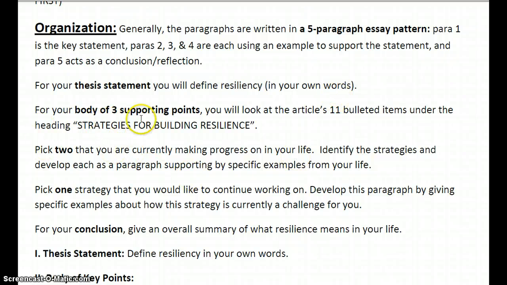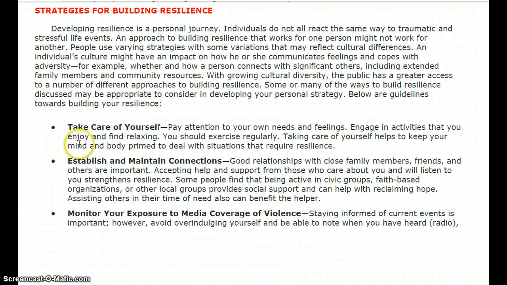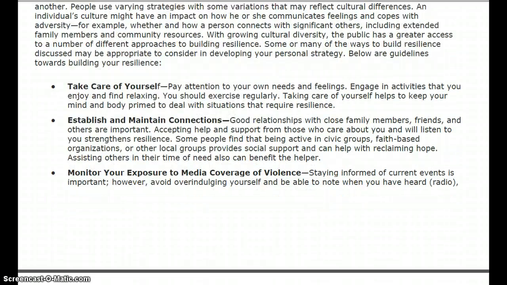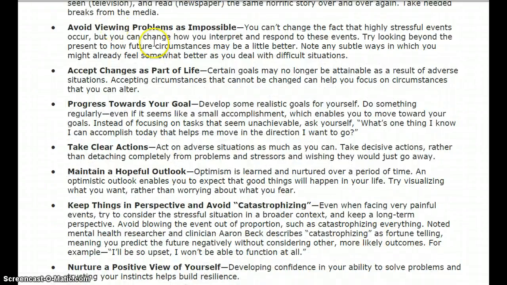For your body of 3 supporting points, you will look at the article's 11 bulleted items under the heading Strategies for Building Resilience. So I've pulled up the document again to show you. Here's that article, Strategies for Building Resilience. I'm talking about these bulleted items. We looked at it a few minutes ago, and they continue. So you'll look at all of those items,